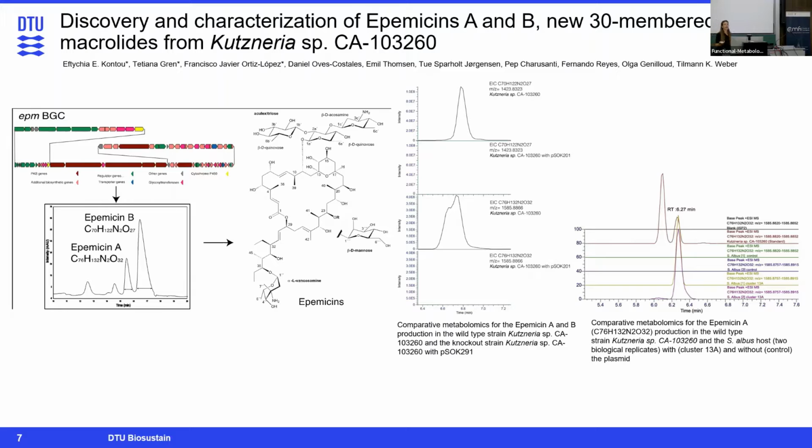gene cluster that looks like a coleximycin gene cluster, which is a known macrolide antibiotic. We were the chemists of the group, so they told us, hey, take a look at it. If you find something interesting, let us know. So we extracted hundreds and hundreds of plates, and it was a 6-month intensive laboratory labor to finally isolate the molecules. But also, at the very beginning, the whole identification was just extremely difficult, to look at the whole chromatogram and go peak by peak to see whether we can find something that matches a bioactive molecule.